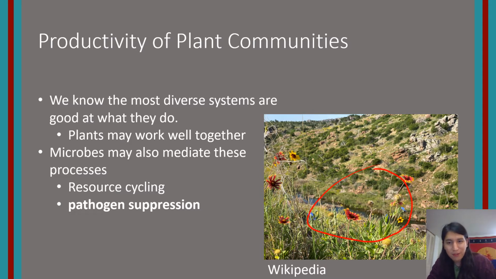There are flowers, grasses, and shrubs, and we know that these systems, like grasslands, prairies, and forests, are what we refer to as very productive systems. Meaning that with all the diversity of plants there, all those plants living together do really well, and they grow really well together. And so a lot of people for a long time assumed, okay, maybe it's just because these plants work well together.